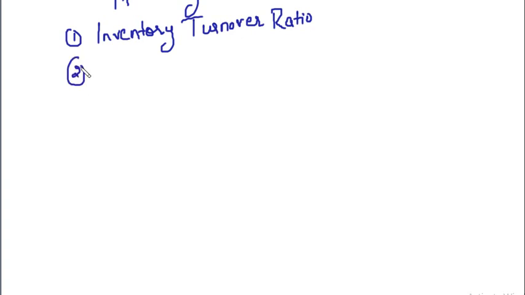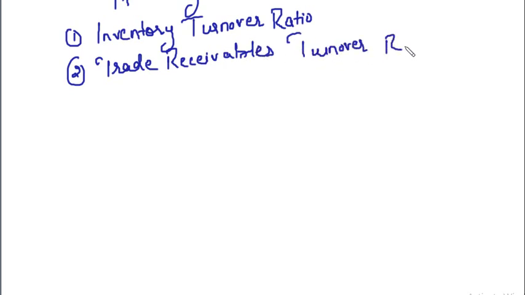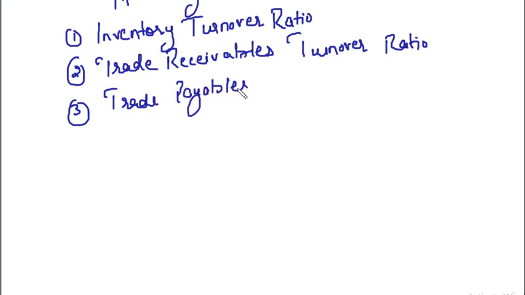The second one is trade receivables turnover ratio. Third one is trade payables turnover ratio. And the last one is working capital